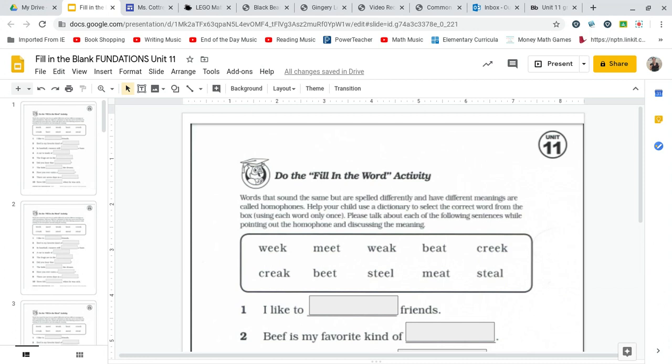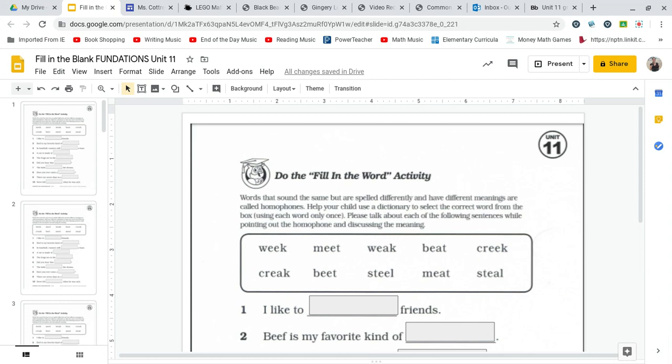I have actually found our pages that go along with all of our foundation units, the ones that we usually send home for our packet. So I think that I'm going to use these to help us do foundations. Sometimes I'm going to post an activity like the one we're going to do today, or sometimes I'll do a teaching video. We're going to do dictation later this week.